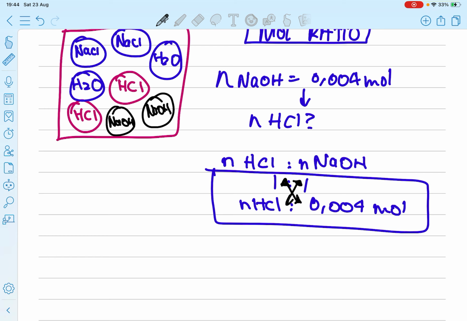From here, we can actually find that the number of moles of HCl is 0.004 moles. Meaning, if you're going to use 0.004 moles of sodium hydroxide, you're definitely going to use 0.004 moles of hydrochloric acid. That is the link between the two. It's a recipe. You want to know how much you need of this, or how much of that will react with how much of